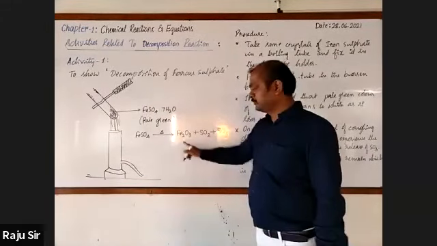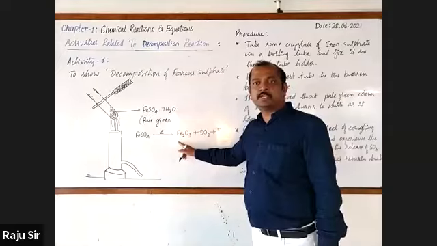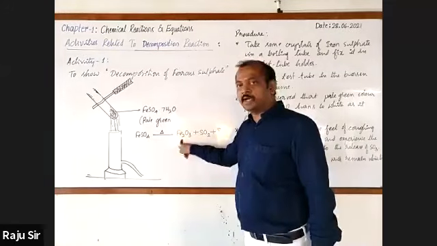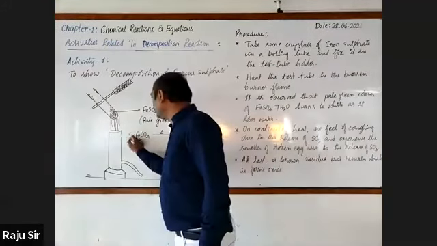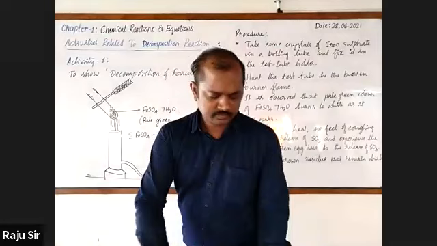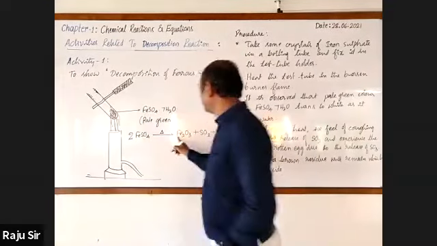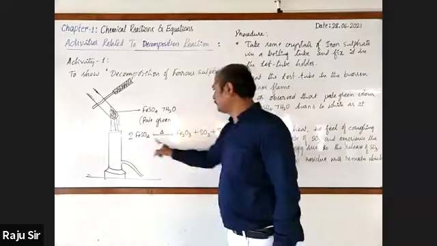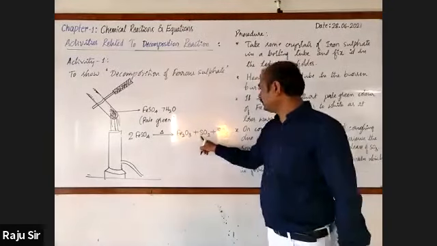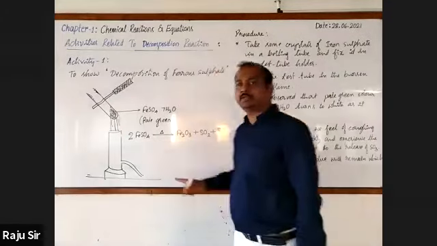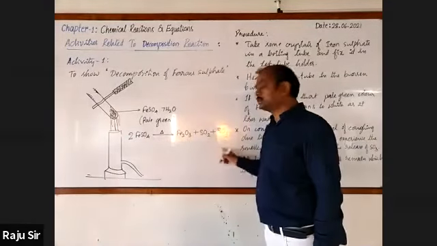Now, which one can be taken? Iron can be taken. Here 2 atoms of iron, here only 1. So 2 of the FeSO4. Now 2 atoms of iron, 2 atoms of iron, 2 atoms of sulfur. Here 1 plus 1. 2 fours are 8, 8 atoms of oxygen. Here 3, 2, 3, 8.